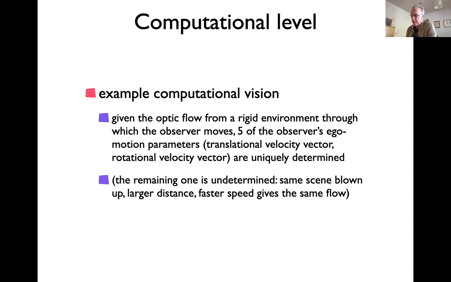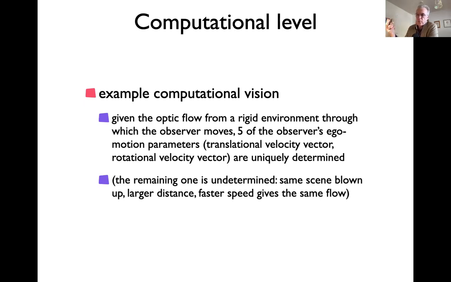So for instance, when you are moving around as an observer, you have a 3D head with a camera in the head, it's your eye. It's a rigid body, that is, your head is moving through the environment. In translation, it has 3 degrees of freedom, and it has 3 degrees of freedom of orientation. It could be your eyeball or the whole camera. So it has 6 degrees of freedom. And you're moving through the world, and the world, let's say, is a rigid environment. It's just surfaces that are not deforming, that are not moving. And there's a light source, which is also fixed, and you're moving through that environment.